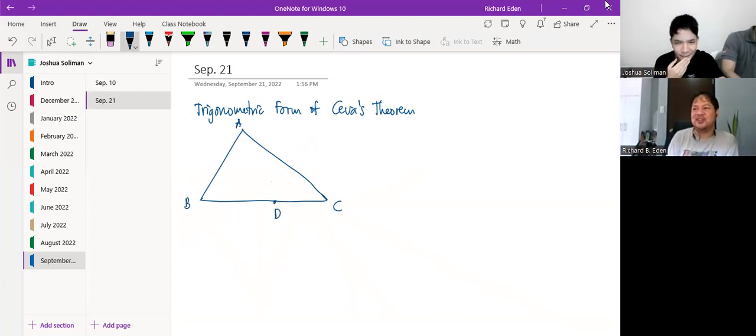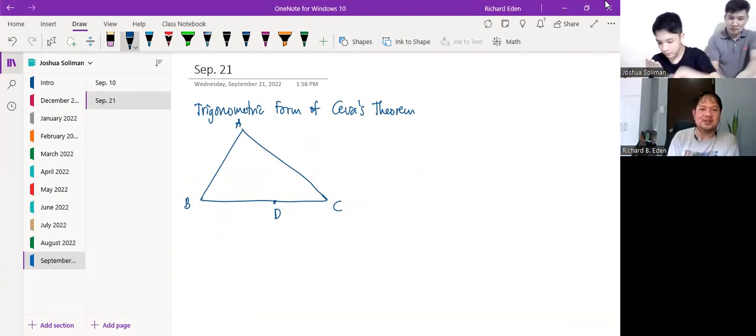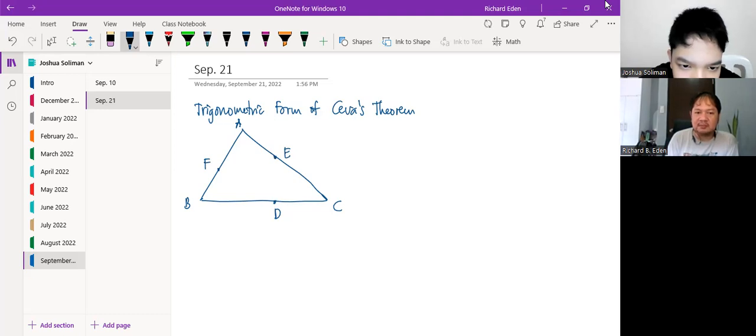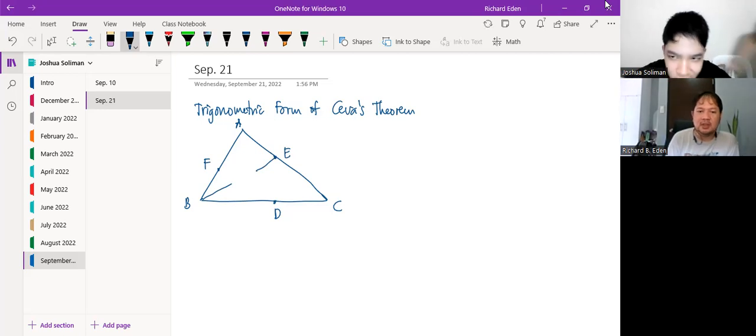All right. If you're going to use the ordinary Ceva's theorem, you would need to know the lengths of the sides. However, sometimes it's difficult. What we might have available to us are some angles. So here's a configuration in terms of angles, but let's be precise. What angles? Ito, D, E, F. And let's say BE. So the angles we're going to look at are these angles. And then from A to D,